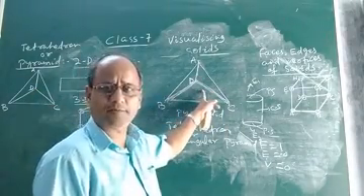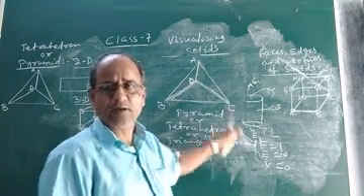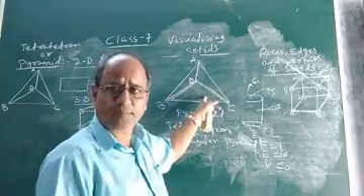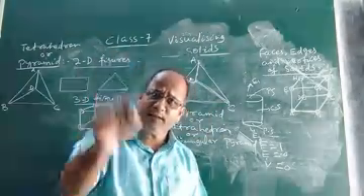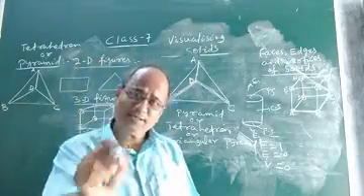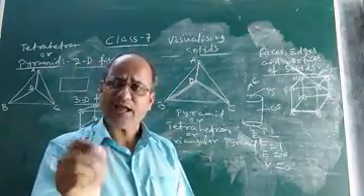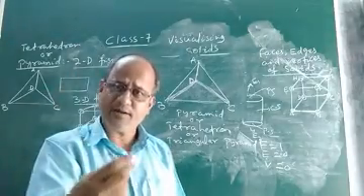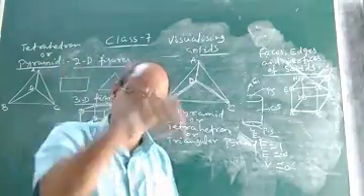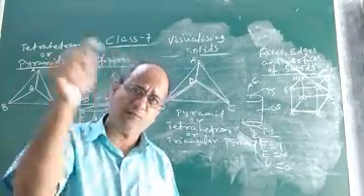Now what is the name of this pyramid I said? It is triangular pyramid. So why is it called triangular pyramid? This pyramid is called triangular pyramid because its base is a triangle. That means on which base the pyramid stands, accordingly the name of the pyramid will be given. That means a pyramid will be named as per the base on which it stands.